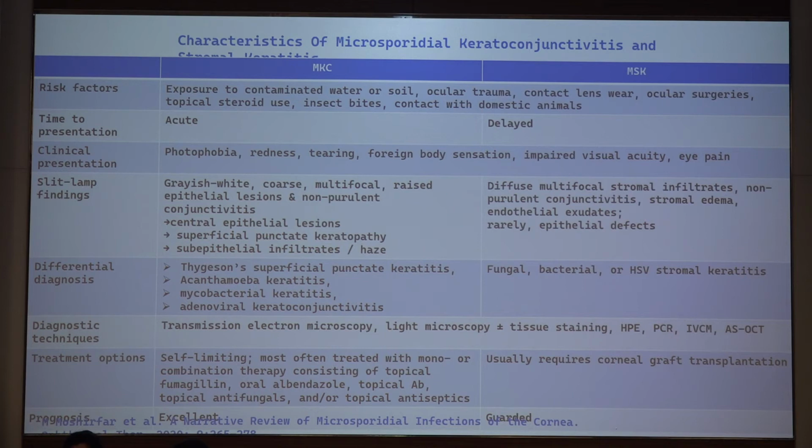The differential diagnosis when you're looking at a keratoconjunctivitis: the top ones would be your superficial punctate keratitis, but it can mimic acanthamoeba, mycobacteria, adenoviral. I'm stressing this because several times we land up not diagnosing microsporidia and diagnosing it the other way around. As for diagnostic techniques, I still feel it's largely a clinical diagnosis when it's keratoconjunctivitis, and it's when it's a refractory stromal keratitis that we think about looking for microsporidia in our microbial investigations.